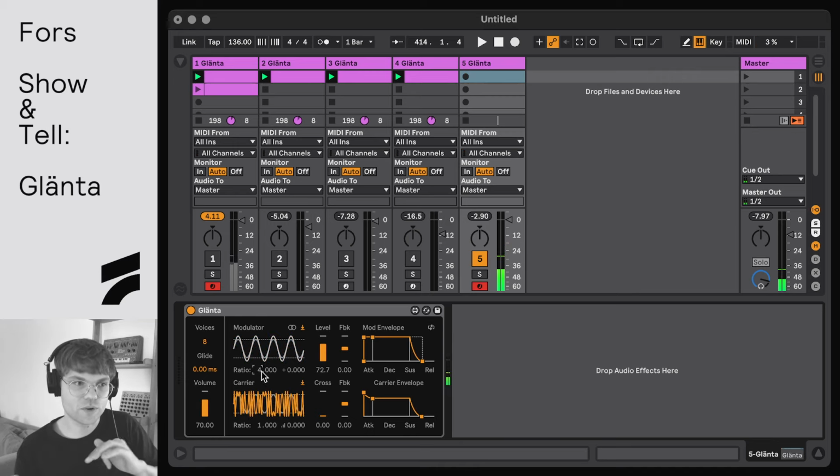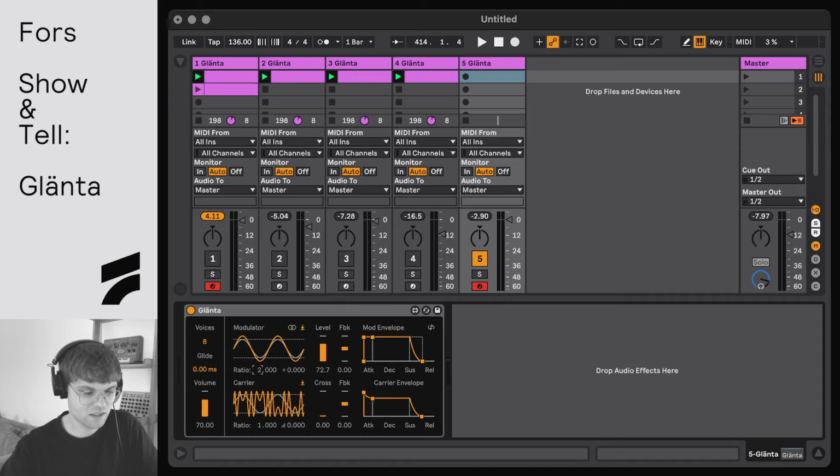And the higher you go, the more complexity you introduce into the waveform pattern, if you want to call it that. The more inharmonicity can be heard in a way, the sidebands of the waveform increase, and it starts to sound more like a bell or something more complex. But interestingly, at quite low ratios, you can reproduce classic waveforms such as saw